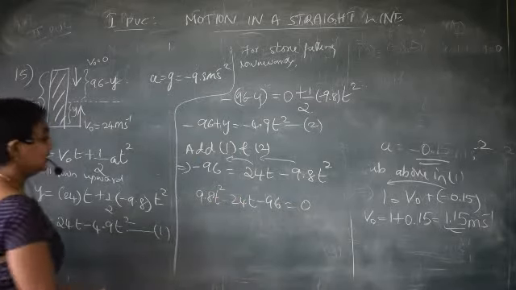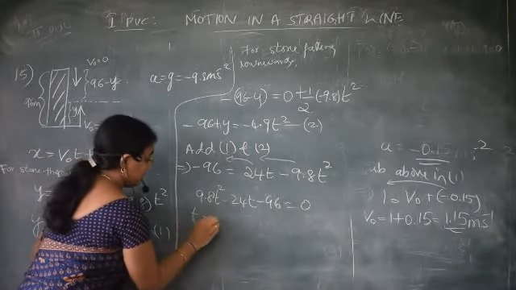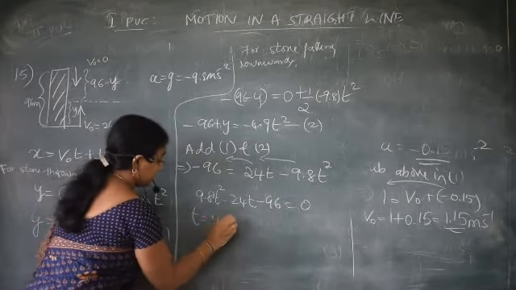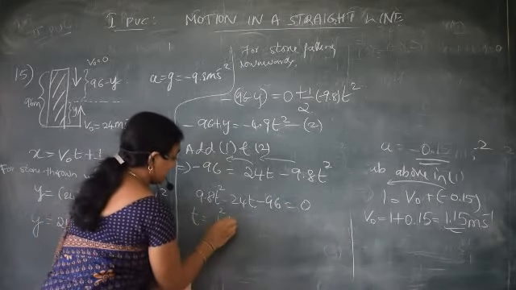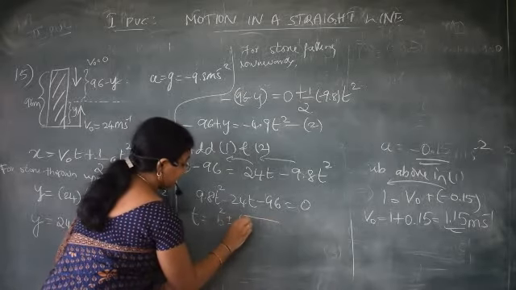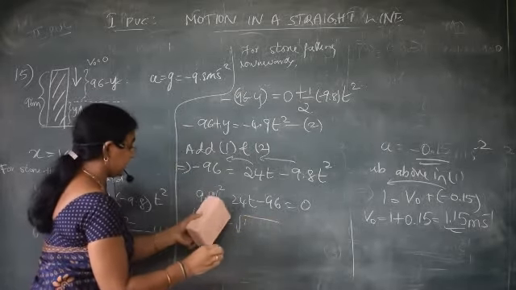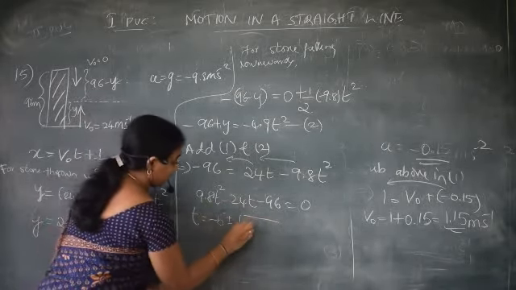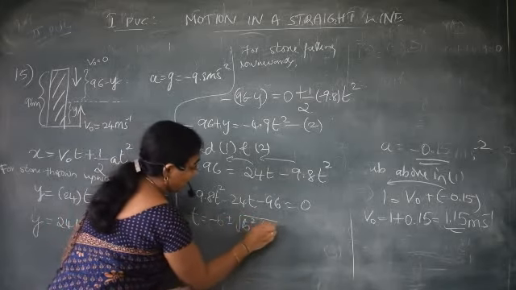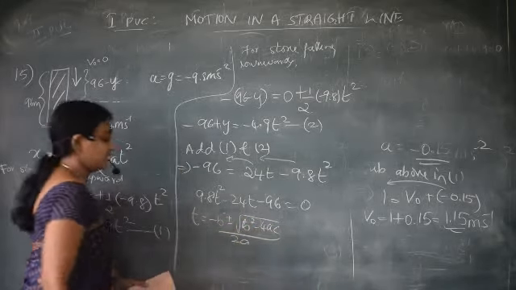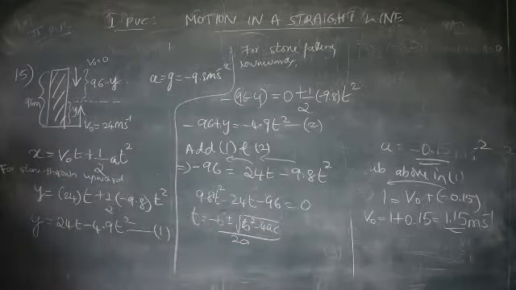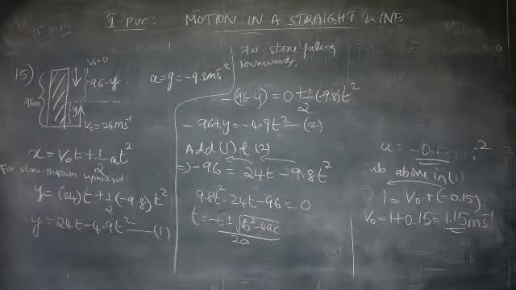It is a quadratic expression, so use t is equal to minus b plus or minus square root of b square minus 4ac, by 2a. Use this expression and find out the value of t. Homework it is, continuation. You will get the value of t. After that, you substitute the value of t and calculate y. Okay, it's homework. You have to calculate y.